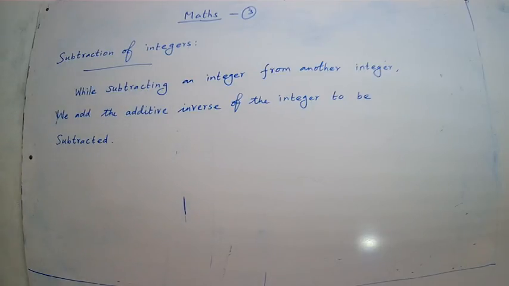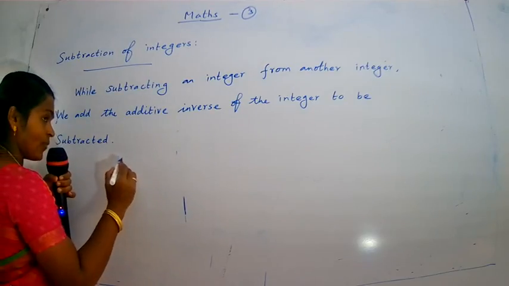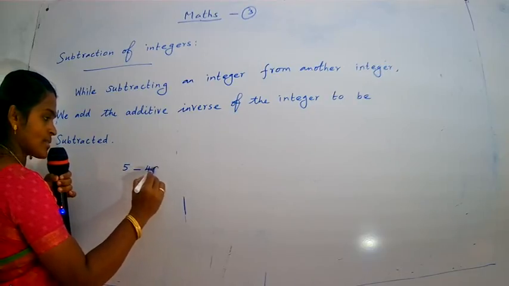Subtraction always gets us a little confused. Addition is very easy. So for example, you listen. Subtract 49 from 5. Listen all of you, 49 from 5. So we are going to subtract 49 from 5.